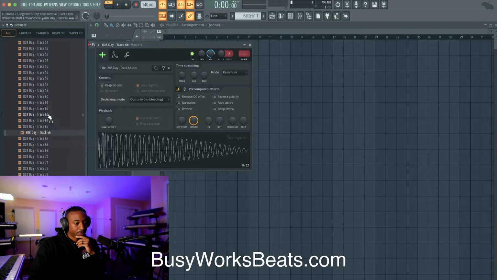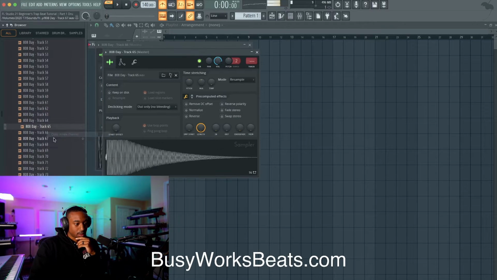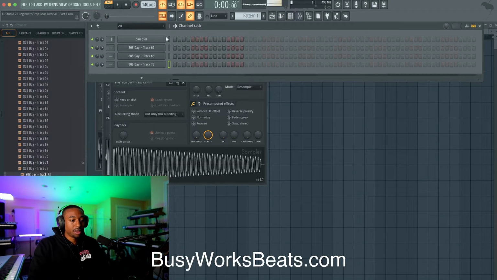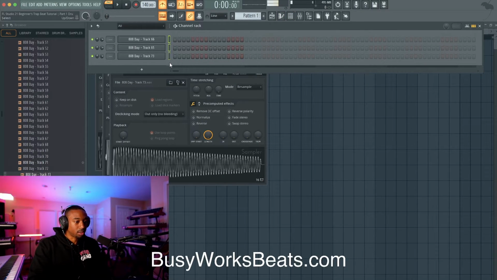So let's open that up. Let's grab that yeet one. Okay, and then let's grab one more just for demonstration purposes. This is kind of like the Spins one, but amplified. Okay, so just from these three alone, we can get a lot of the sound of trap.